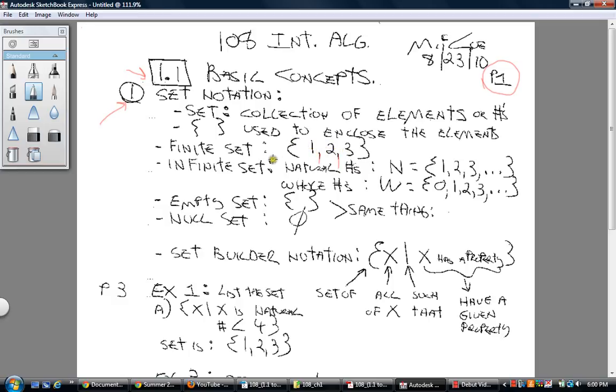Okay, what you're probably used to thinking more of are infinite sets, which means the numbers go on forever. And the first one that jumps out at you here are natural numbers or counting numbers. Mathematicians like to use a capital letter N for natural numbers, and they say they could be set equal to all the elements that start with number 1, comma 2, comma 3, and the 3 dots